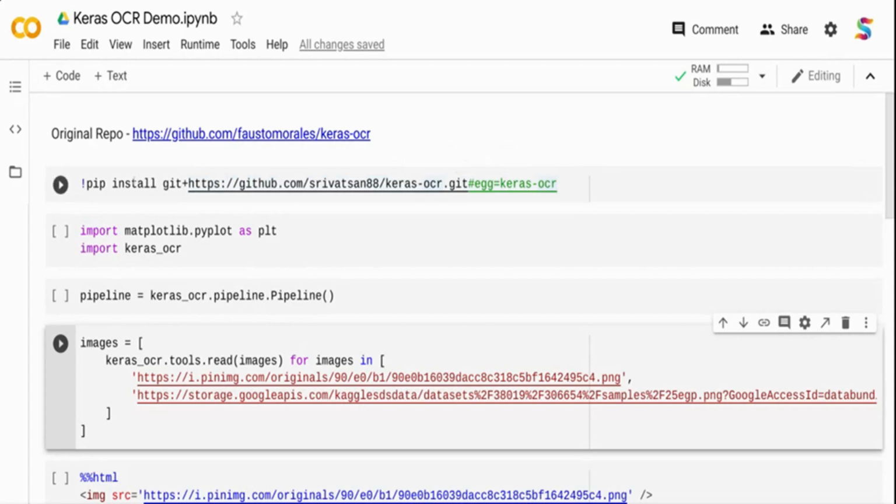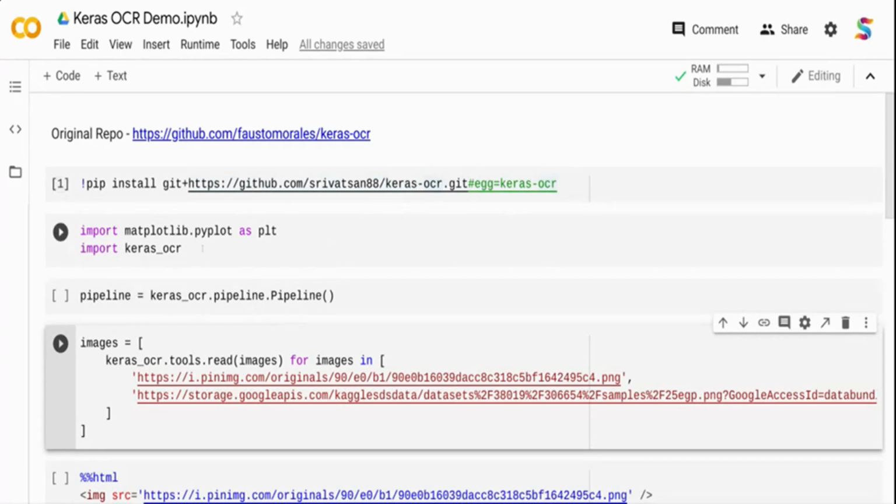To install my version, you can directly install this version if you want to run any text detection or text recognition. For this demo, you can install this one if you want to do something additional with the model that I have provided. So this is the step to install from my GitHub repo. I have already installed it.